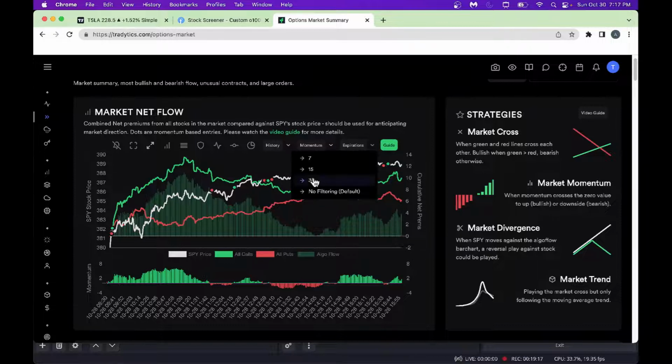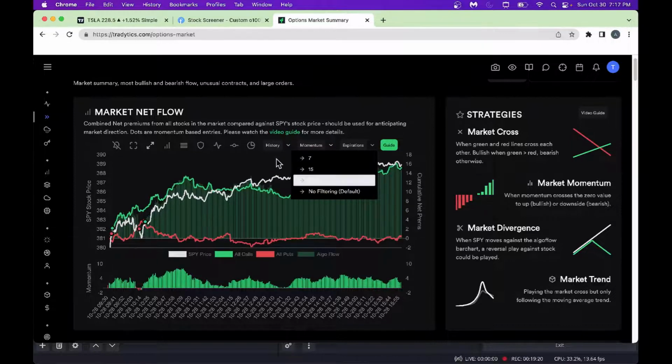You could also look at a little higher time frame, maybe 30 days. You can see a couple of things here. We've got the green line and the red line. If the red line came down here, that tells you puts are taking a backseat and calls are going higher, which is a bullish indication. Same story whenever you see divergence or a crossover between the green line and the red line, keep a close attention. When the red line crosses over the green line, that's not so great a sign. But if the green line crosses over the red line, it's a clear bullish sign.